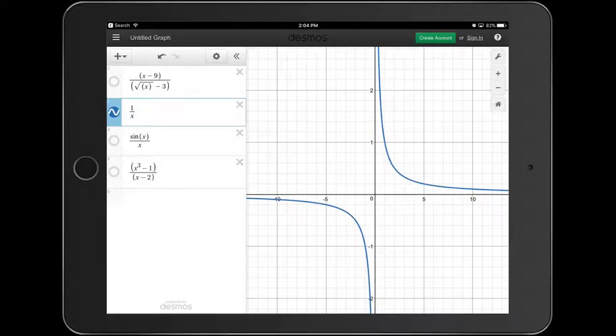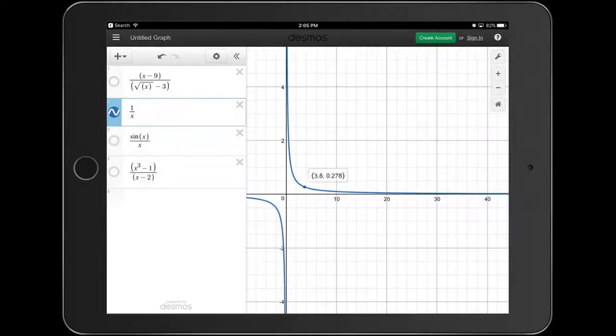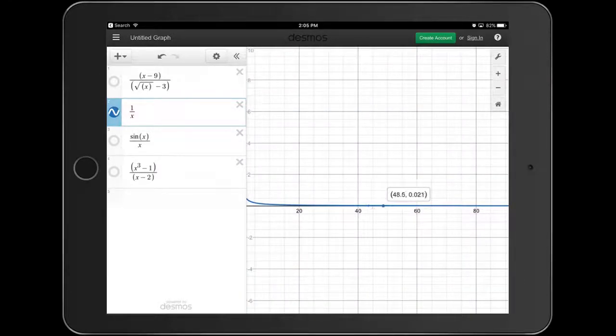Notice the next one in your note guide, it says what happens when you take a limit as x approaches infinity. Well, as you go on your graph closer and closer to x as it goes to infinity, look at those y-coordinates. Look what's happening. It's getting closer and closer and closer to 0. So